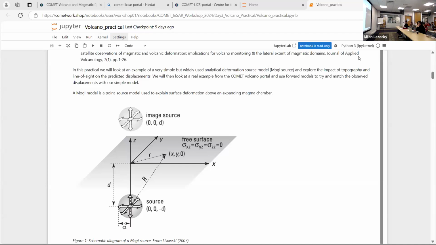Okay, so the next question, the indicators to evaluate Mogi performance. This will actually be covered in the next bit as well. When you're comparing your InSAR results with the Mogi results, you'll essentially take one away from the other as a surface plot, so you'll have a leftover residual.